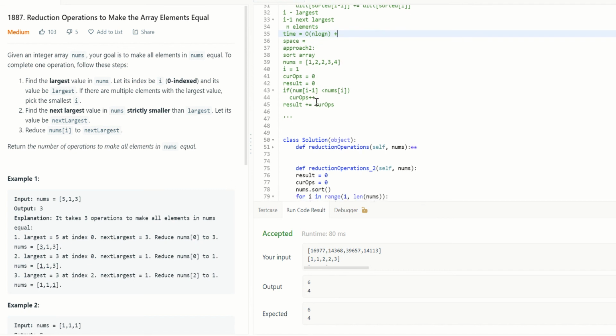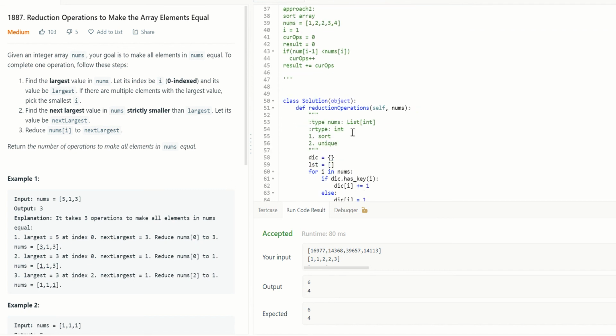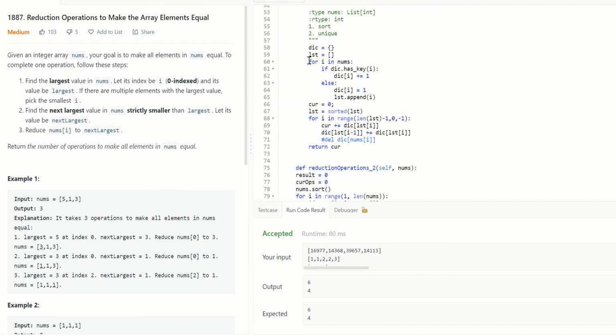And in approach 1, we are going through the entire nums, that is ones, and also we are going through the unique list. So if there are n numbers in the given input, the list can also have a maximum of n, assuming all of them are distinct.